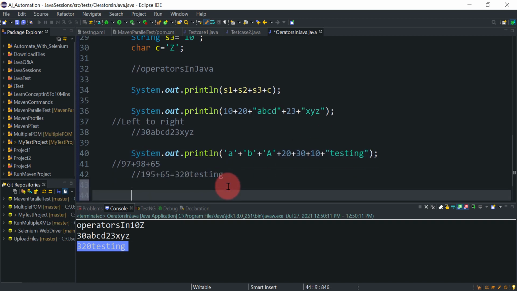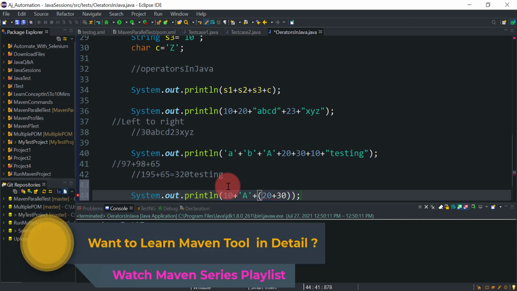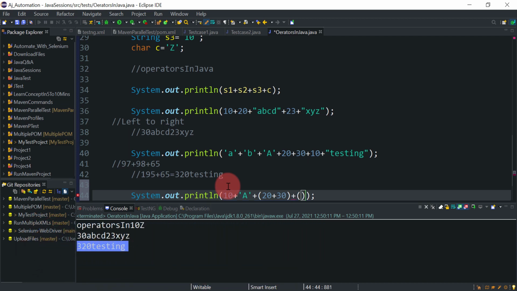So let me give you another last example. Let's say I am performing 10 plus character A plus bracket 20 plus 30, plus bracket, I have test, then another string as ing.